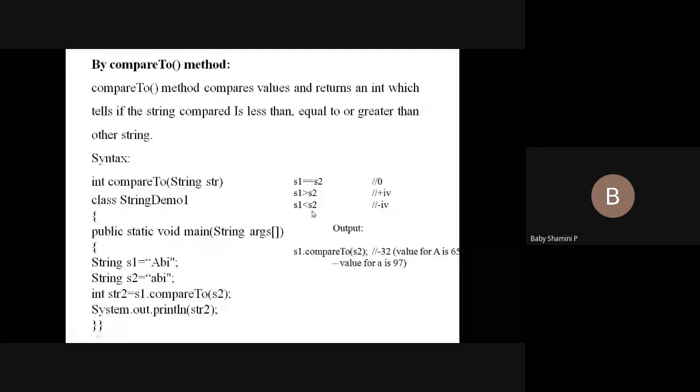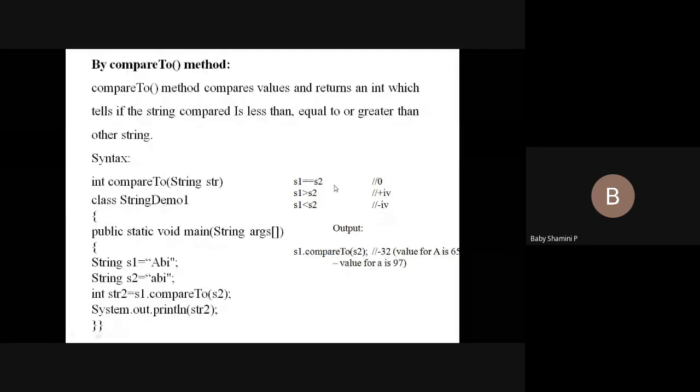So our output is obviously a negative value. We have to perform subtraction between these two numbers and place a minus in front. We perform the subtraction, 97 minus 65, we get 32, but 65 is less than 97, so the output is a negative value. We have to compare each and every value of the two strings, and find the unique code for each and every character. If the first character itself is mismatched, we find the difference of the two Unicode values and place positive or negative based on this condition.